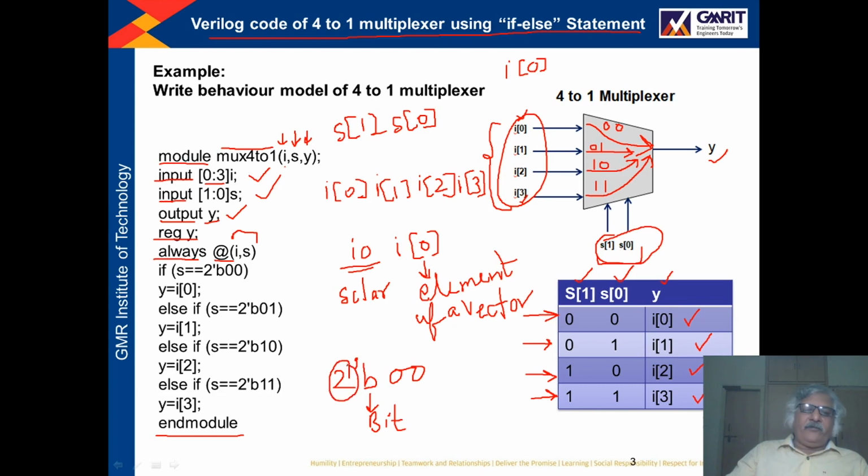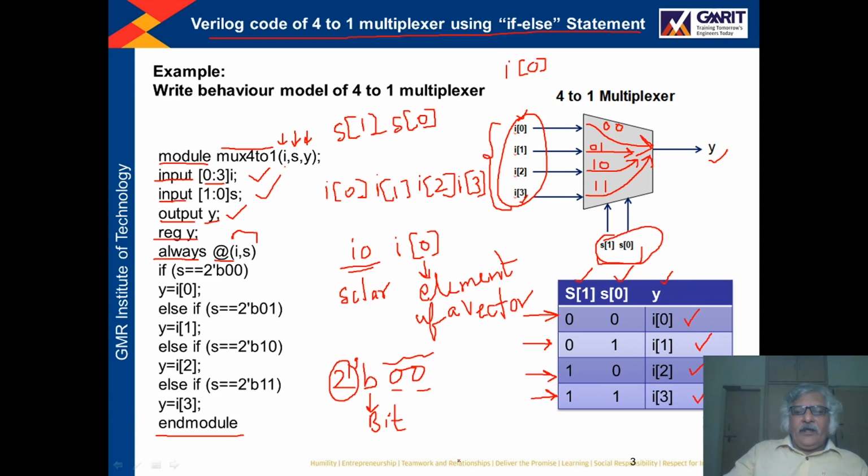This 2 indicates we have 2 bits. So after b you have to write those 2 bits, the values of those 2 bits. The values of the bits can be 0 or 1, but for the moment, those bits will have the value 0 0. So now this statement S is equal to 2'b00.